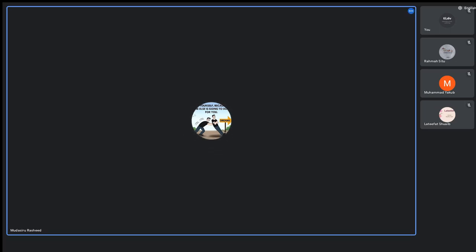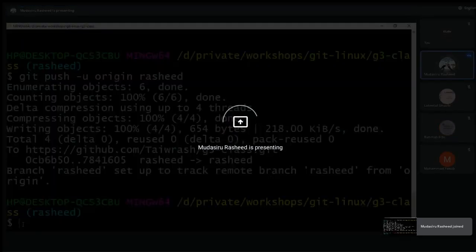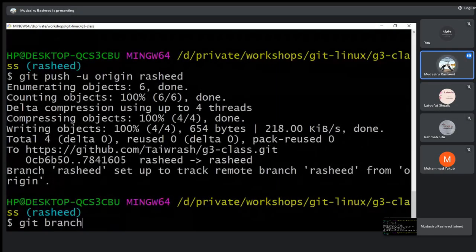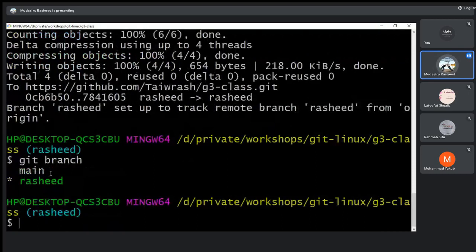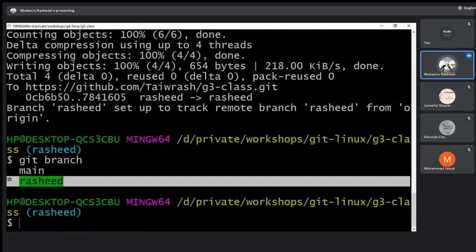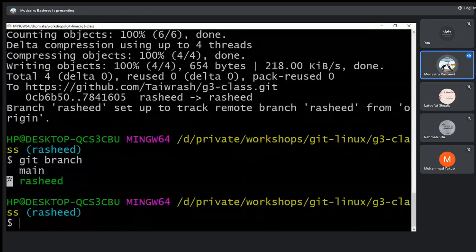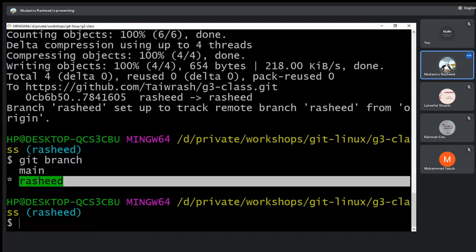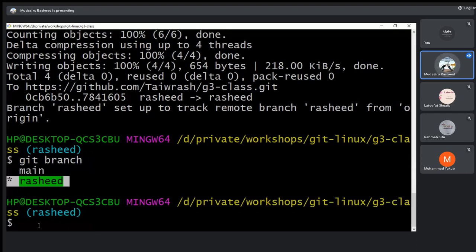The next question is, what is the difference between this checkout command and the branch dash m command? Basically, the best practice is when you want to switch from one branch to the other. Let me see if I can demonstrate that for us. Share this particular window. Now we have two branches. Let me run git branch. You can see we have the main branch and the Rashid branch, and the branch I'm on is starred and colored. So the Rashid branch is where we are right now.